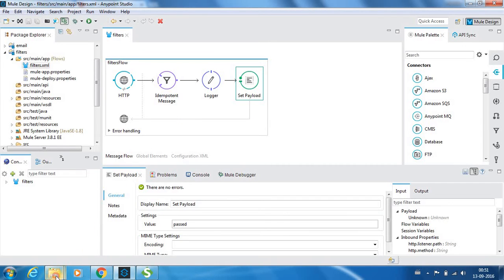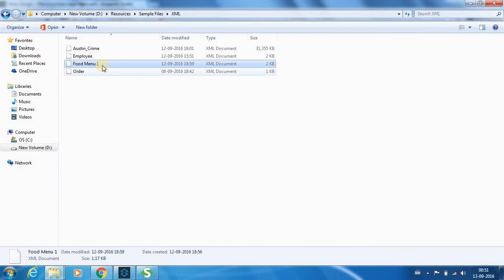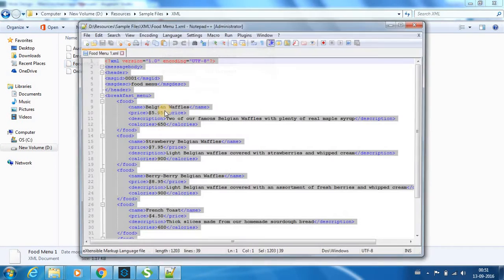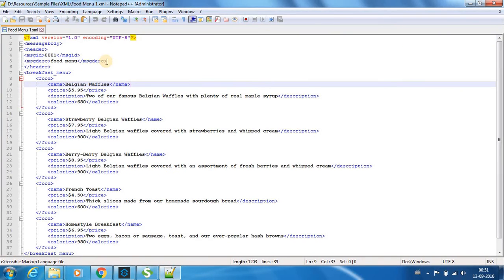So that is the example that we have created over here. Let me open the sample file that we are going to use for this particular example. So here it is. It's just a breakfast menu XML about breakfast menu. That's not the important thing over here. The structure of the XML is, we have a root element called message body, inside which you have a header element which has got the message ID. So it's message body, under it we have a header, under it we have a message ID,